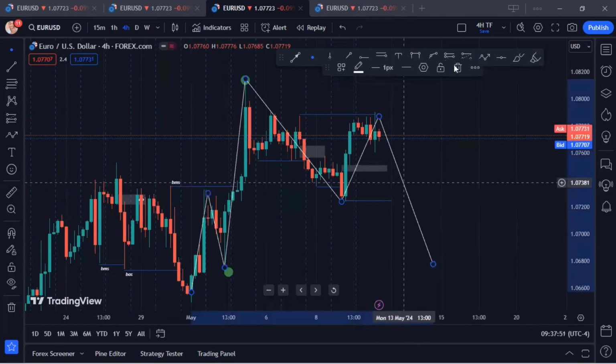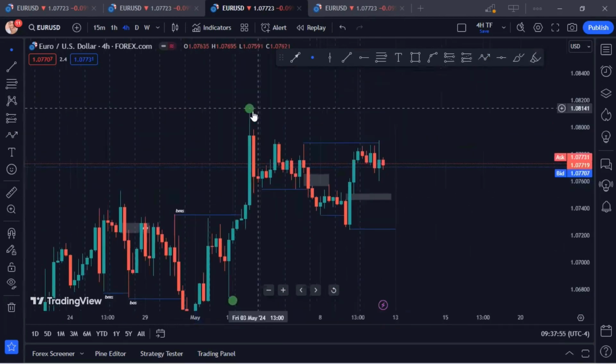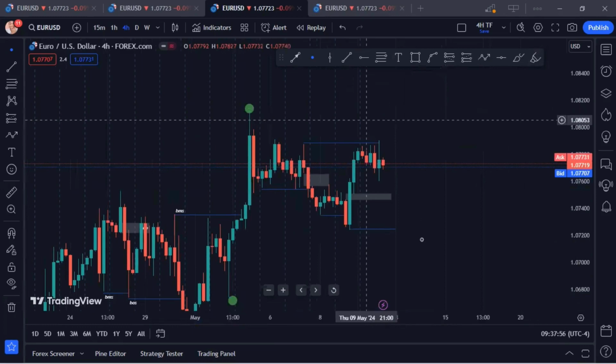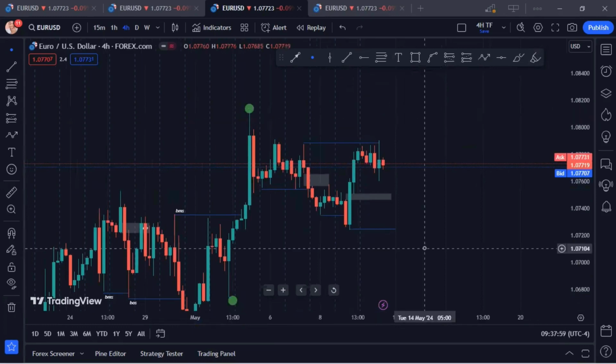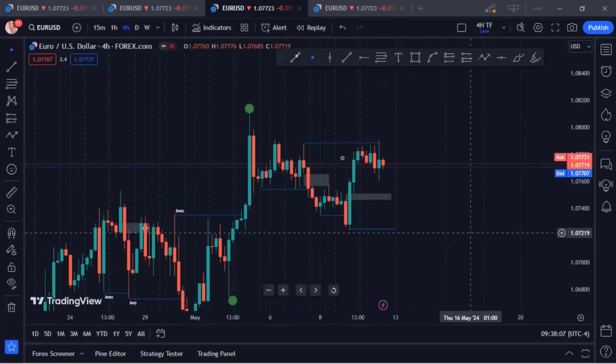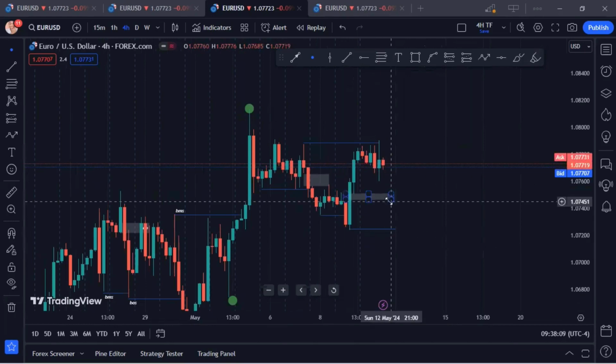But don't take my word for it. Price may actually head to the upside to pick out this high in the form of manipulation before a drop to the downside. But there's a high probability that price should be dropping to the downside. That's my expectation for the week, guys. That's what I'm looking out for. Right now I'm expecting price to actually reach for